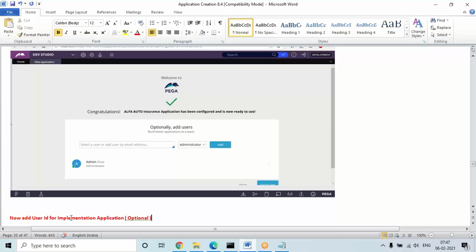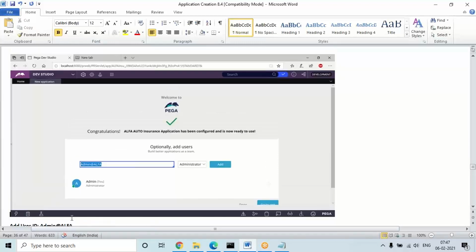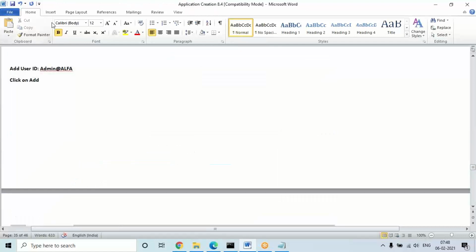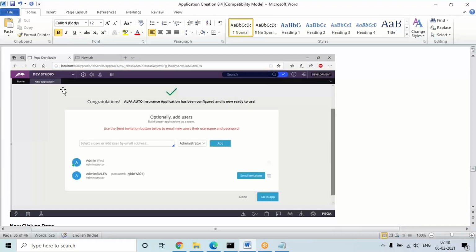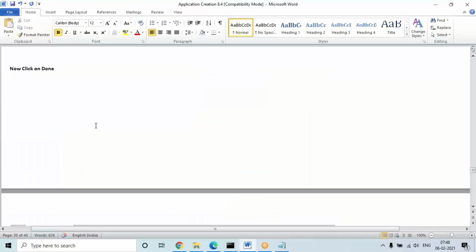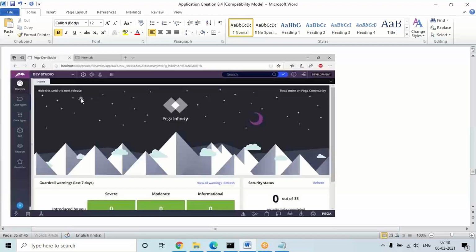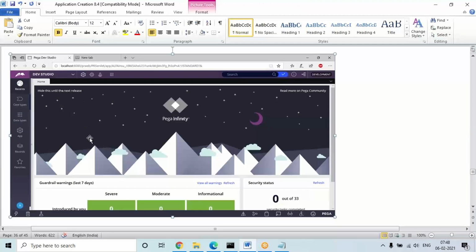Okay, here in the document I showed, but it is not mandatory. I'm not going to add a new ID for the implementation here. Mostly in real time also they don't create, but scope is there. If you want to add, you can add this, but it is not mandatory to create a new ID for the implementation application.